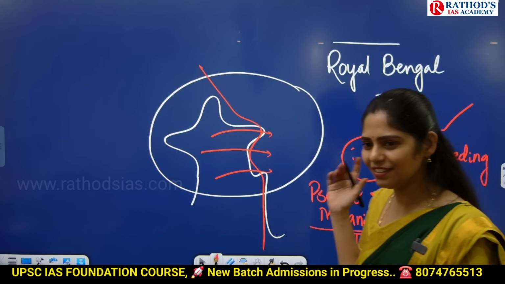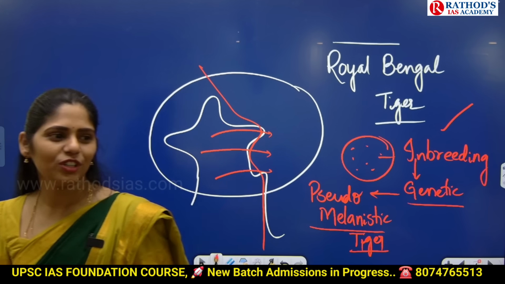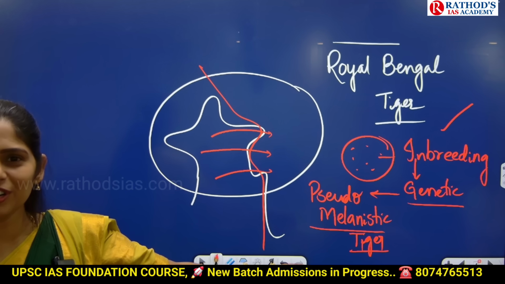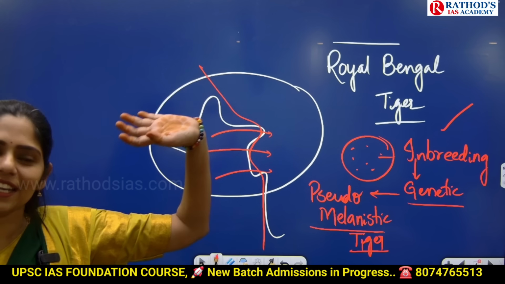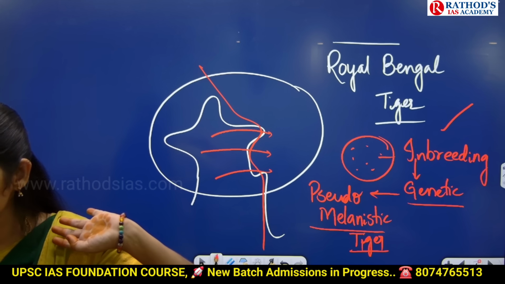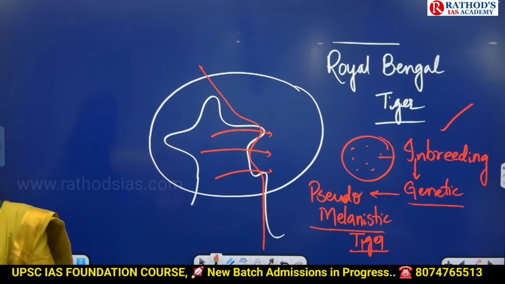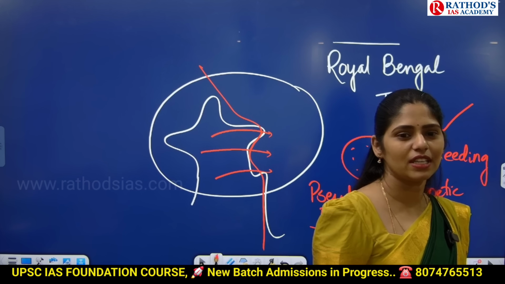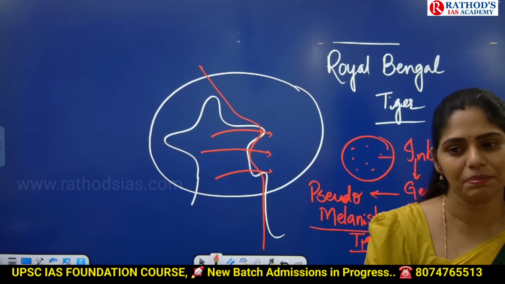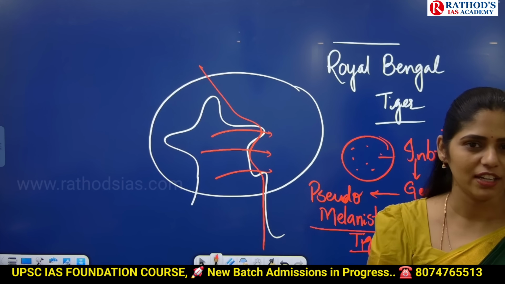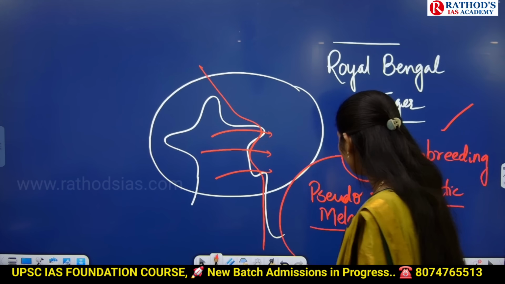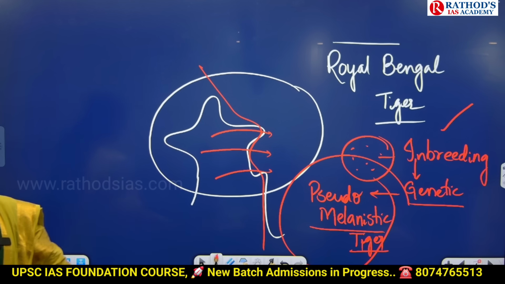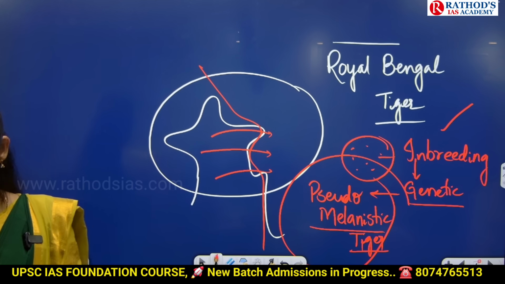In the same way, now we are seeing tigers with orange stripes and black stripes. In future generations, we may have to show only a black color tiger. Once upon a time, we had this orange and black striped tiger, but now your generation has to see only this black. So this kind of change can happen in the entire species. This is also one challenge. Now we have faced this problem of pseudo-melanistic tiger in India because of loss of habitat. This is also there in the news. Clear?